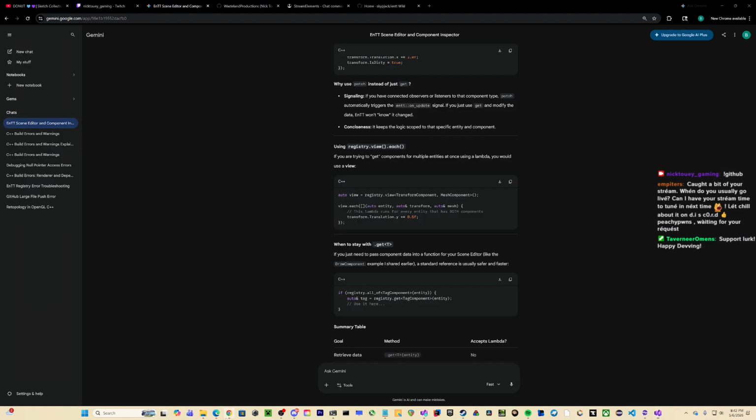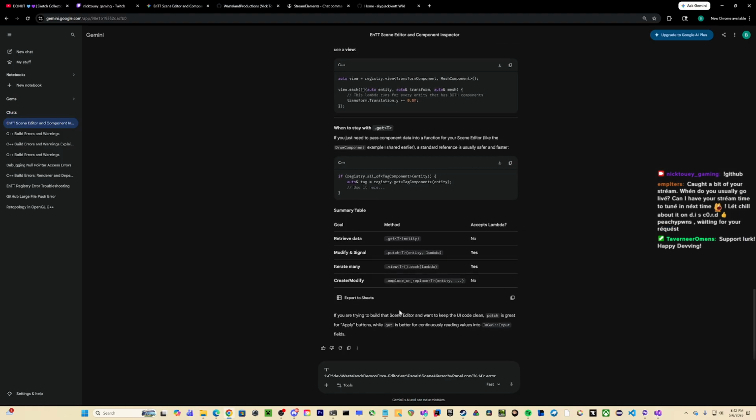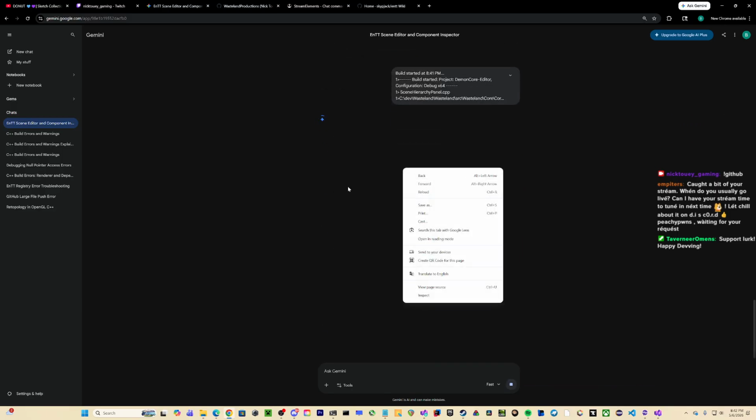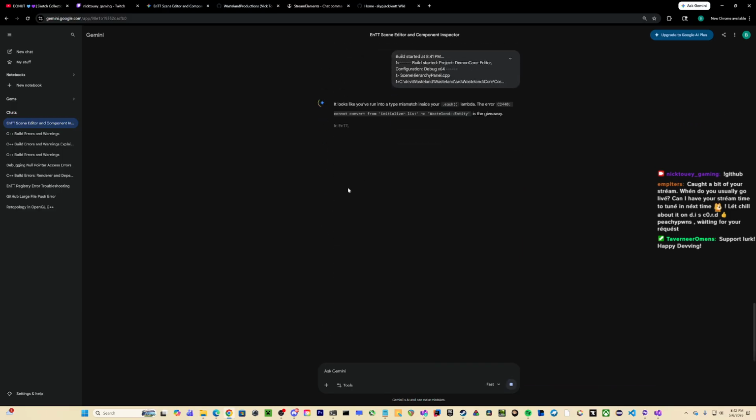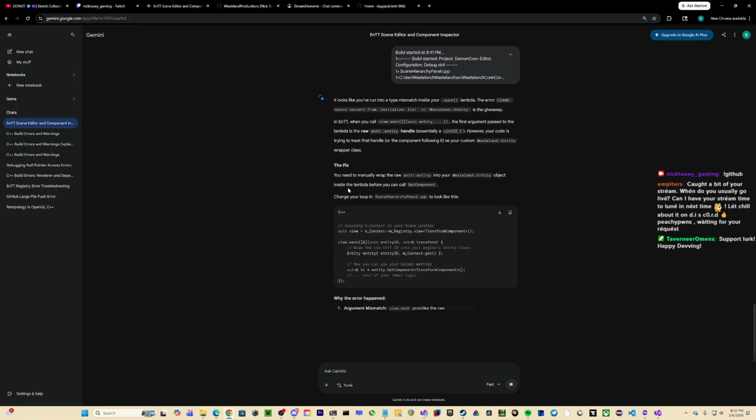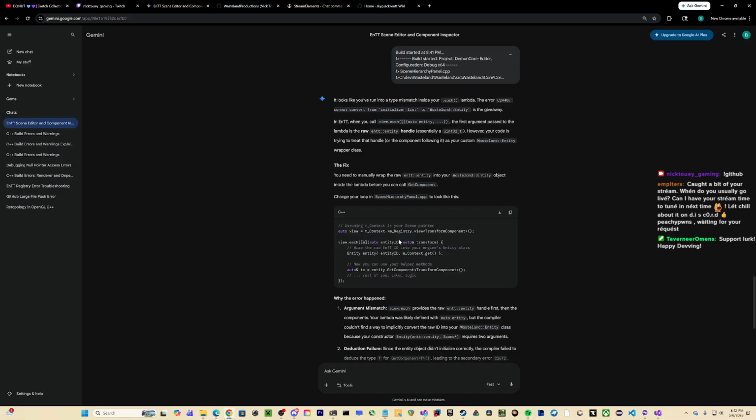Let me put this into an AI, see what I get. Each auto transform. Entity, get component, transform component.